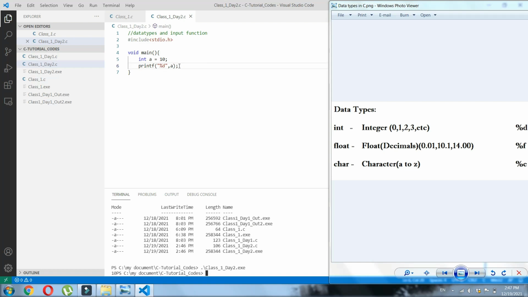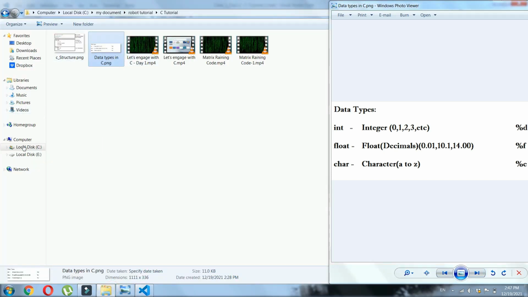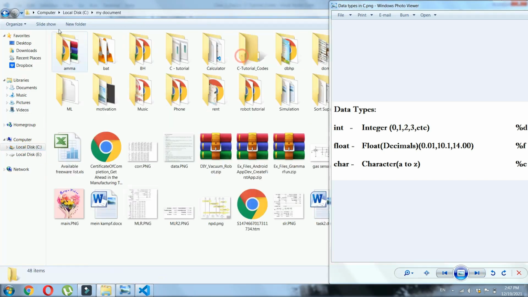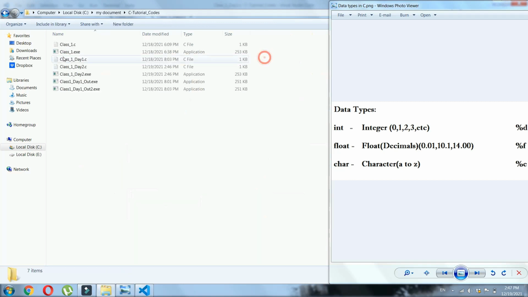But as I said before in the previous class, if you are not giving getch, it would just drop out from there. But how is it executing here? This is the difference between what we see as an executable and here. Here it would execute and print everything, but when you go to the same folder as yesterday and run this day2.exe, you could see it is not popping out.